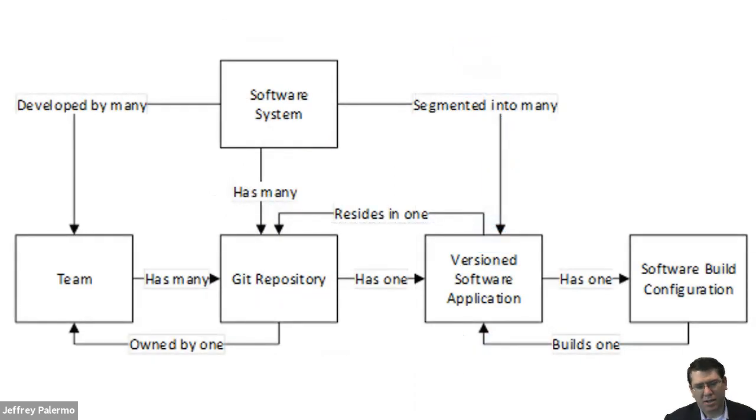Now, I want to talk about the structure of your source control. Do not have more than one application in a Git repository. This is one of the rules. Don't violate it, or you will just set yourself up for lots of difficulty later on. Every product on the market in the DevOps space has this design assumption that we're working with one deployed application. Even if there are multiple components in the application to deploy, it is one